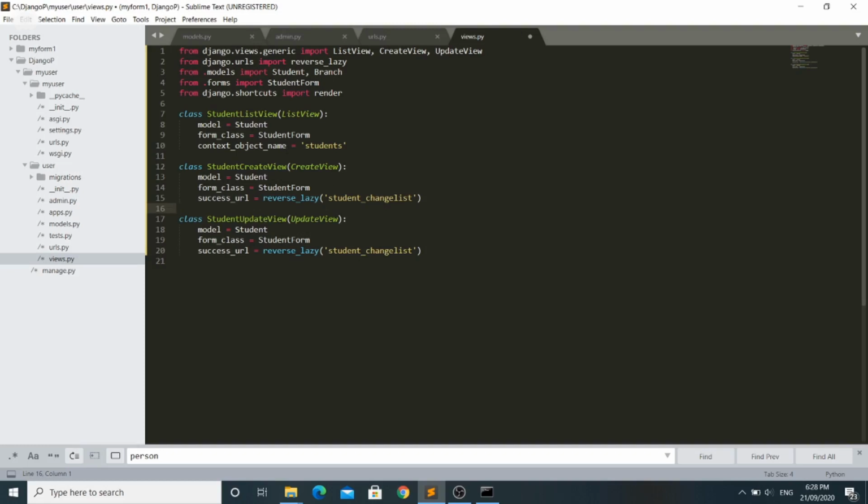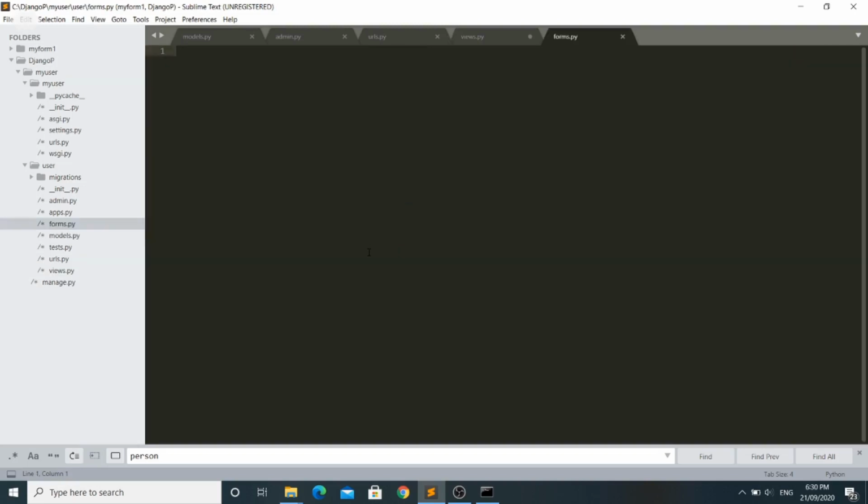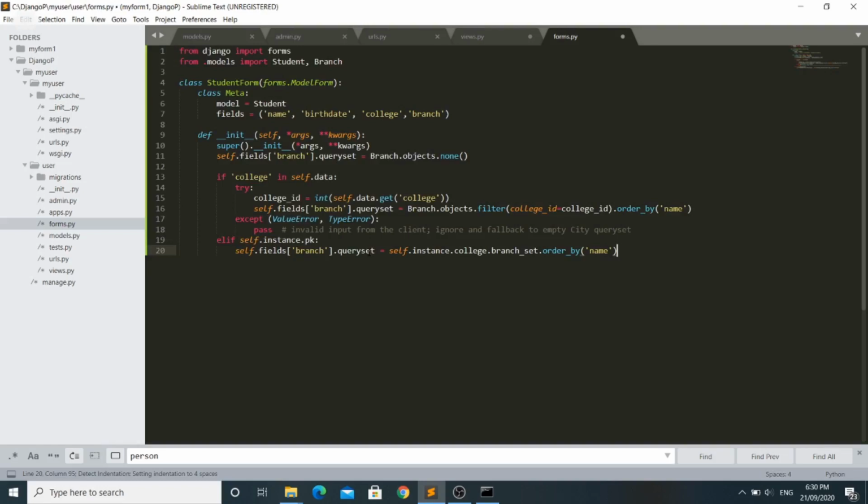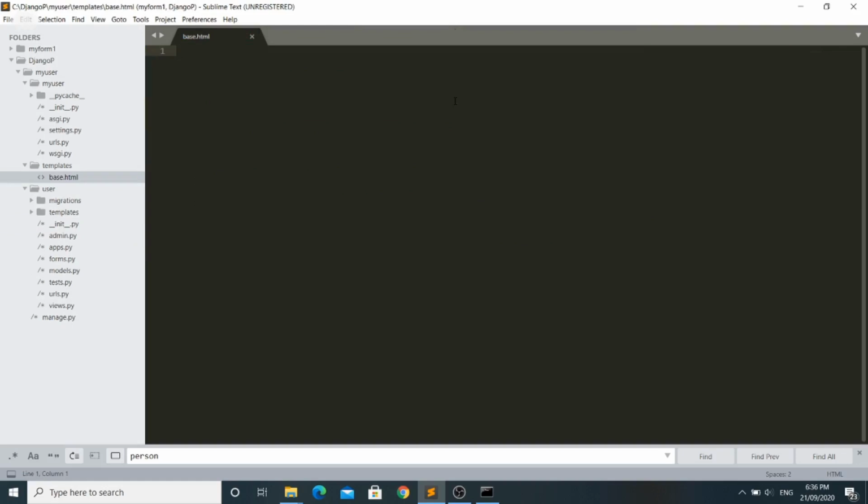In the form class I have mentioned the student form, which is imported from forms.py. So let's define our student form. In forms.py, I am defining the student form. The student form will use the student model, and the fields in the form will be the fields which we have added in the student model.